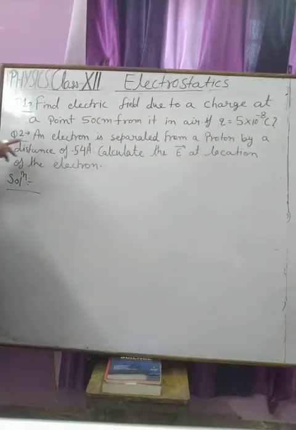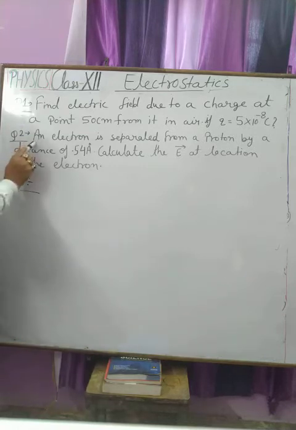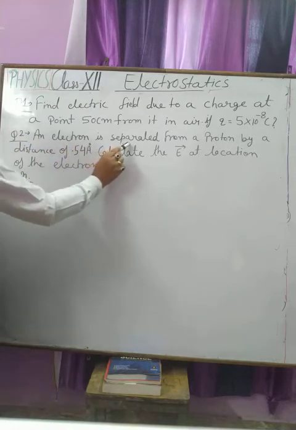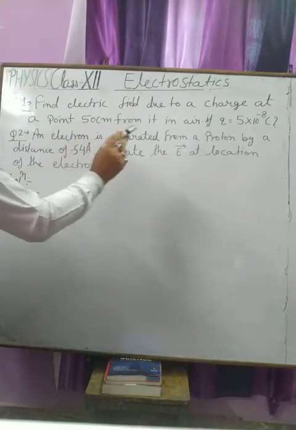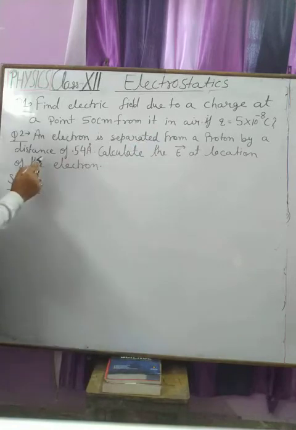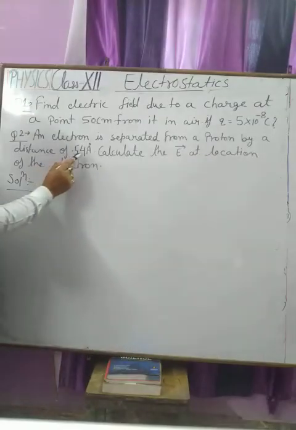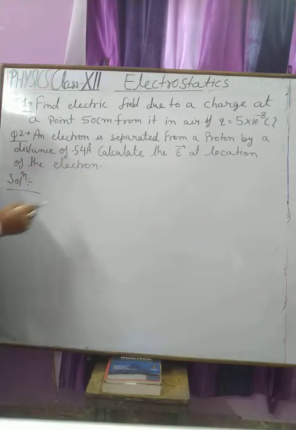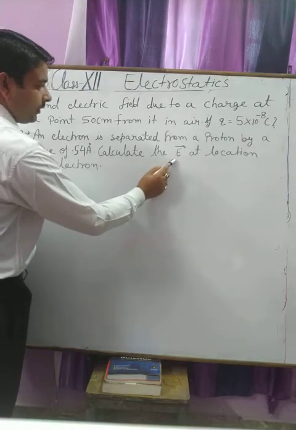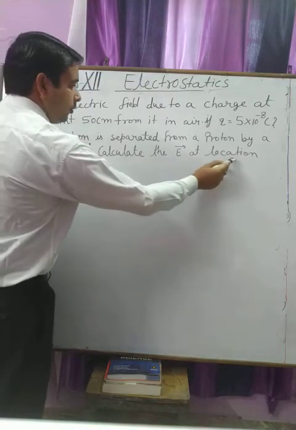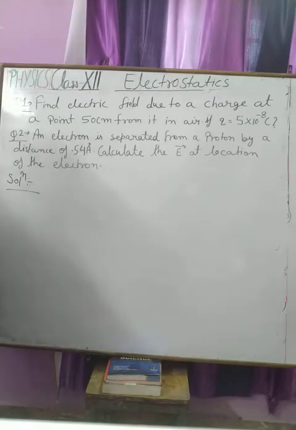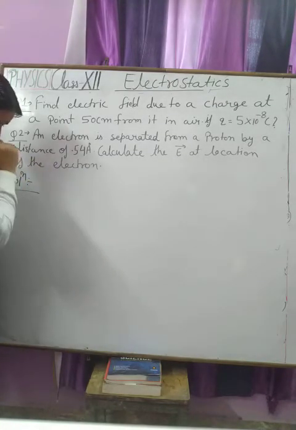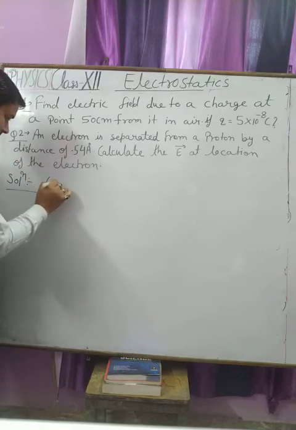this problem, which is the second problem. An electron is separated from a proton by a distance of 0.54 angstrom. Calculate the electric field at the location of the electron. So student, here we have